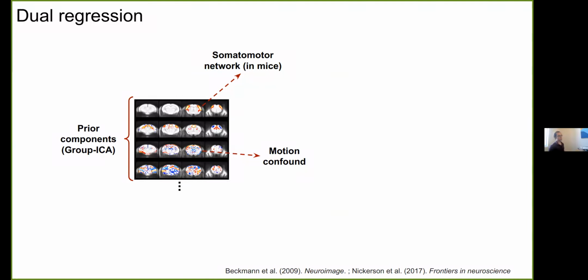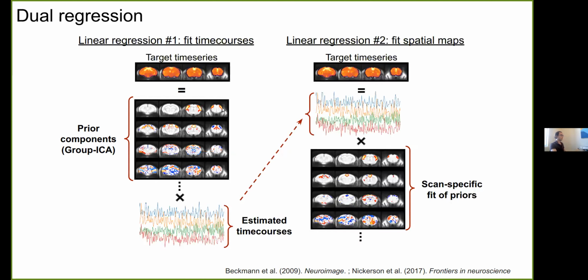This is building on a pre-existing connectivity technique called dual regression, which suggested that by starting with a group IC decomposition of the entire data set to find the predominant sources of signal that are found across the data sets, corresponding to either different brain networks but also certain confounds, we can use these as a prior for what we want to recover in the individual scan. And with dual regression, this is done by first regressing these components to obtain time courses that are specific to this scan for each component, and then regressing the time courses to obtain their spatial counterpart,